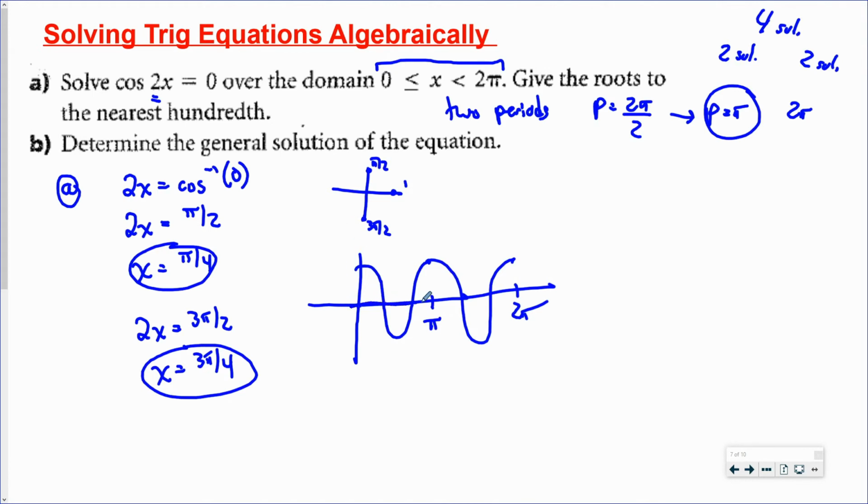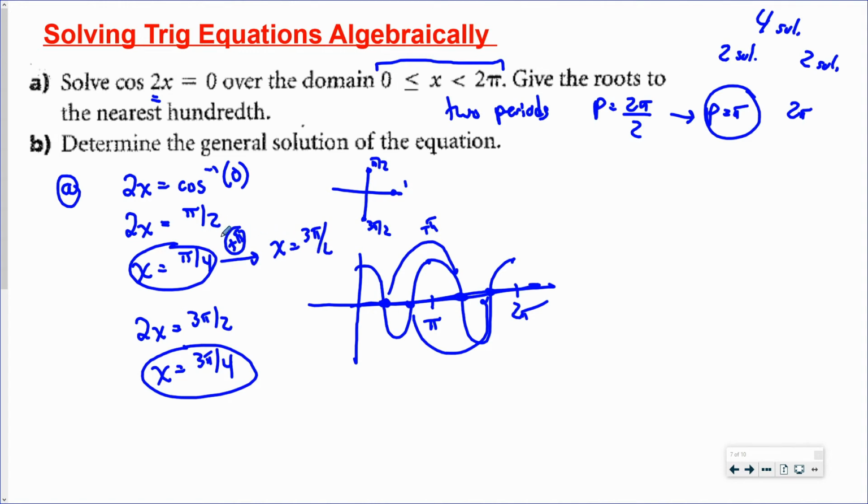So as you can see along the x-axis, there's 1, 2, 3, 4 solutions. Now I found the first two. All I need to do is add my period, which is pi, to both of those solutions to find the last two. So if I take this one and I add pi to it, then I'm going to get that x is equal to 3 pi over